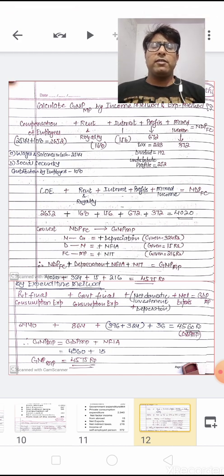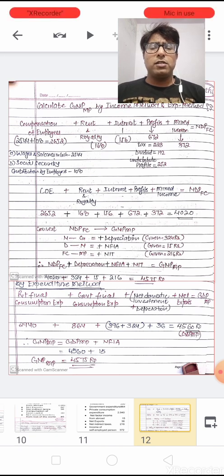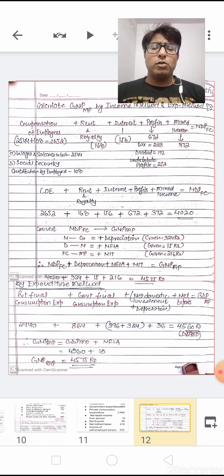Like first we are given wages and salaries in cash, which is 2544, whereas social security contribution by employers is 108, rent and royalty is 168, interest is 156, but the value of profit is not given in the question